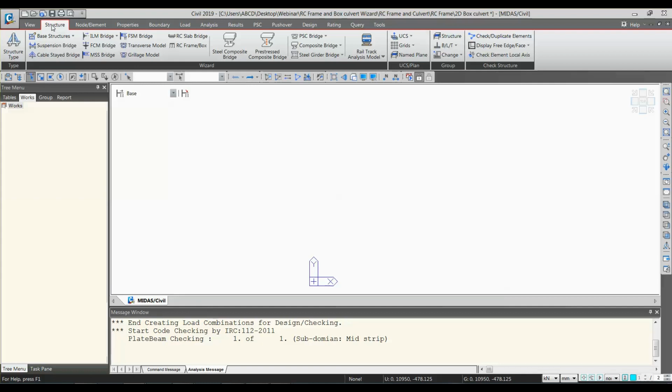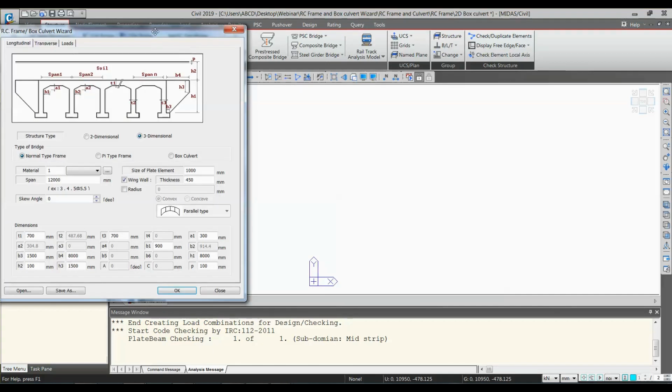Okay, so first is application of moving load on the 2D culvert, and also the support conditions. Okay, so I'll just go to RC frame box, same wizard.